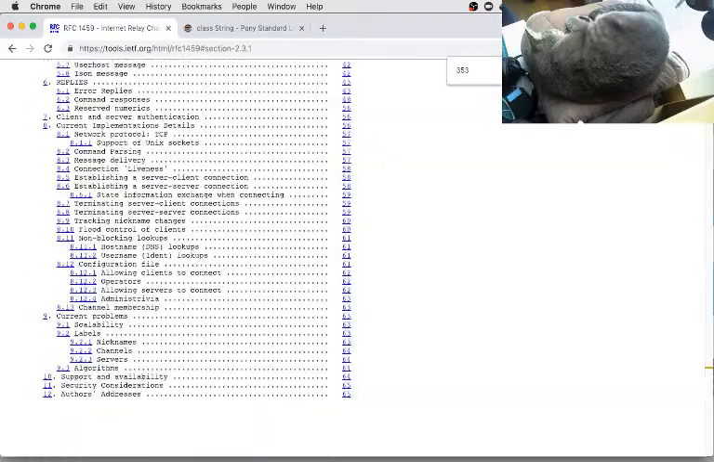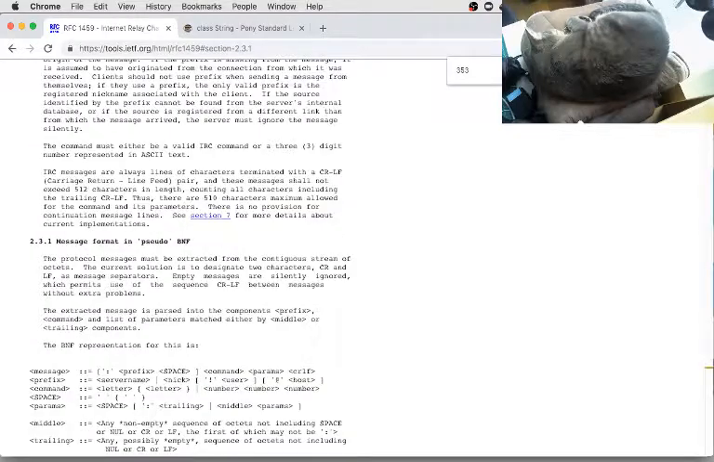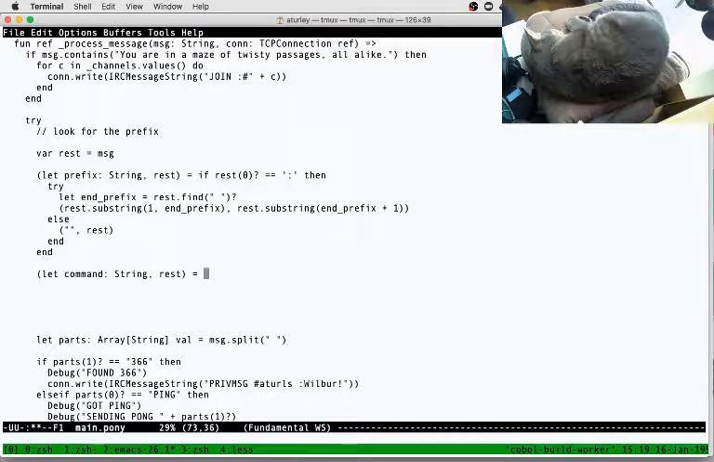Basically what we want to do is extract this next part, which is the command. So it can be basically some letters or some numbers. And I don't care too much about what it is. Really, all I care about is where it starts and ends. So let's do